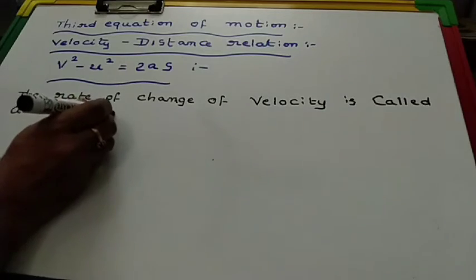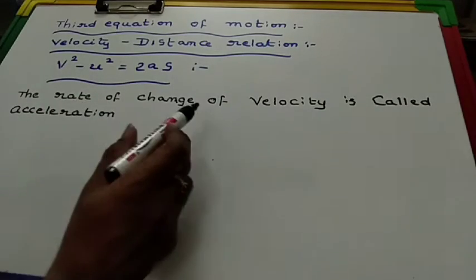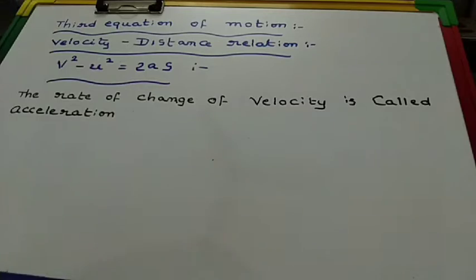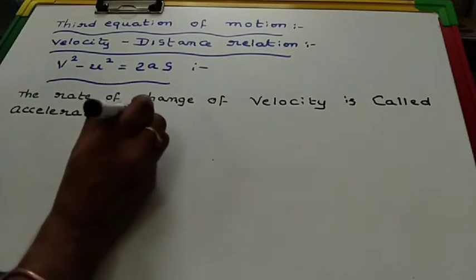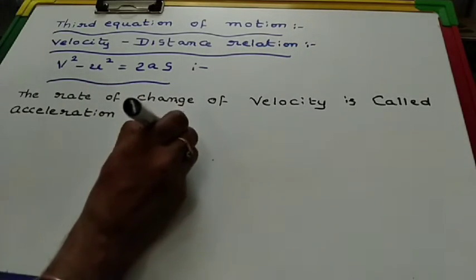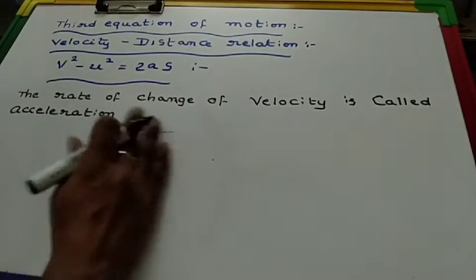Once again I am repeating. The rate of change of velocity is called acceleration. Therefore, acceleration a is equal to